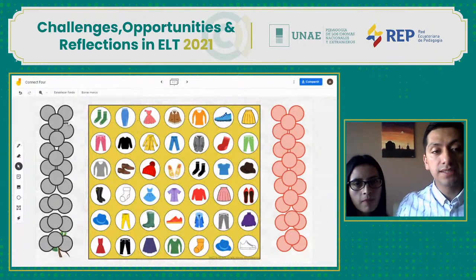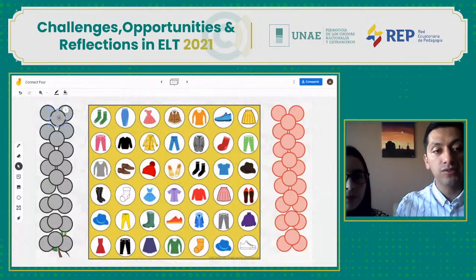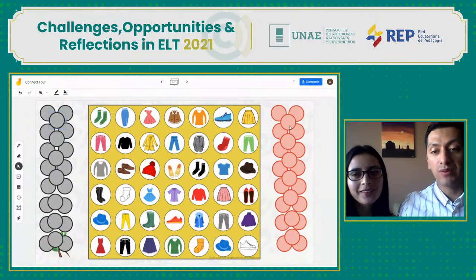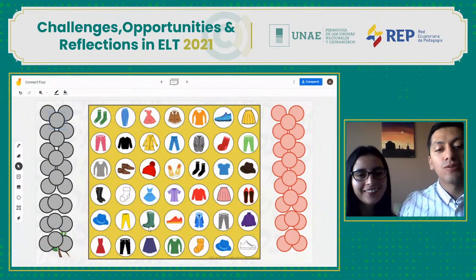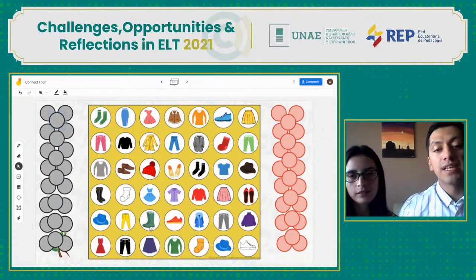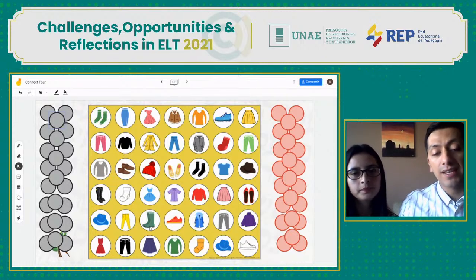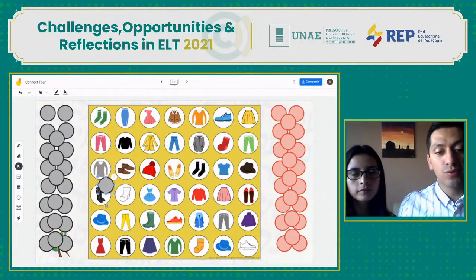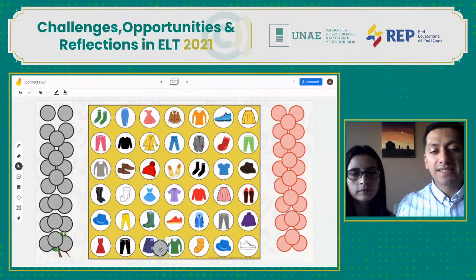Okay, so you can see these things can be moved around. So these are my tokens. I'm going to be playing with the gray tokens, and Jessica is going to be playing with the pink tokens. All right. So you, as a teacher, tell your students to do different activities, as I said, depending on their levels. In our case, we're going to give a demonstration doing sentences with the vocabulary, okay? The only thing that you need to remember about this game is that they need to start from the bottom. They cannot put a token anywhere. So they have to start from the bottom, as if gravity